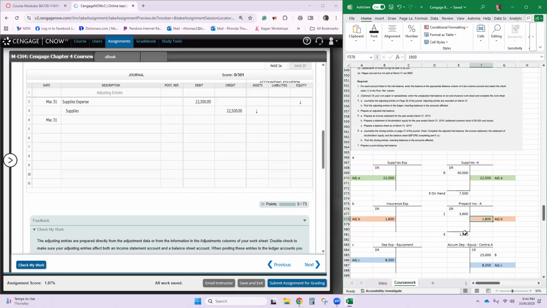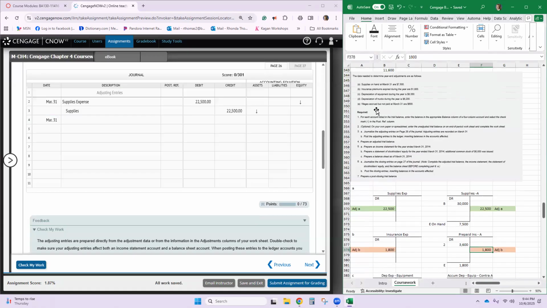The amount we still have unexpired is 1,800. I want to make sure I'm reading that. Insurance premiums expired during the year, so if they're expired, they should be going out of this account. If they're unexpired, they should be down here. Sometimes they give you one or the other. Either way, it's $1,800 as a credit and $1,800 as a debit to insurance expense.